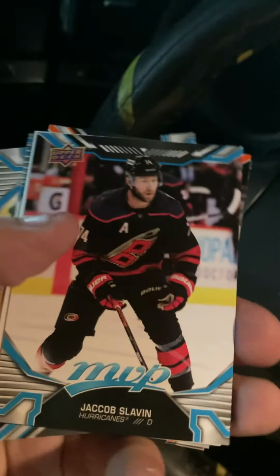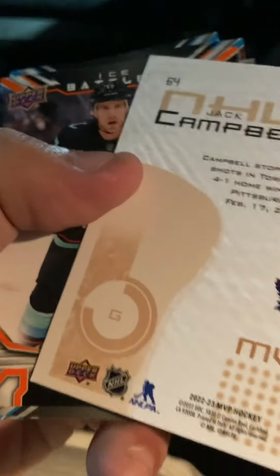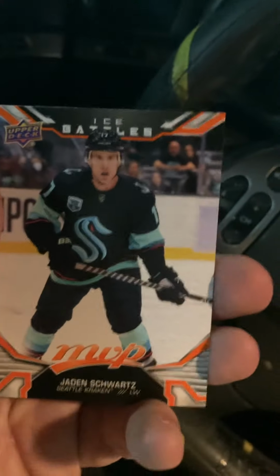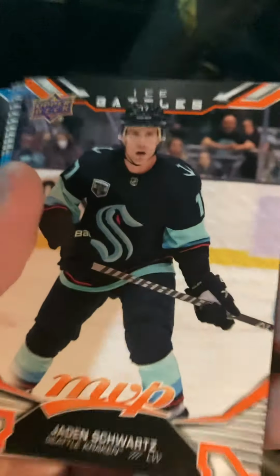Blake Wheeler, like I said, I don't look to sell these. Slavin, I like that guy a lot. Here's another etched on-card autograph, and this is going to be Jack Campbell. A bit of a mistake, I think, to let him get away. Nothing against the man personally, I just think Matt Murray is not a guy you want to rely on as a goaltender. They're just a mess behind the net. And Campbell was pretty consistent. But